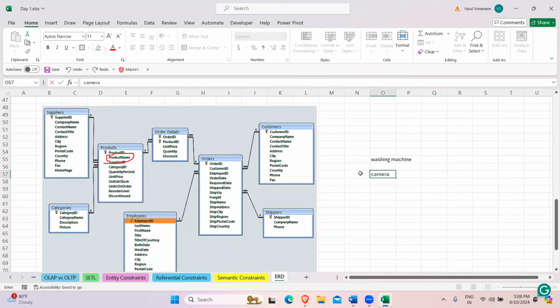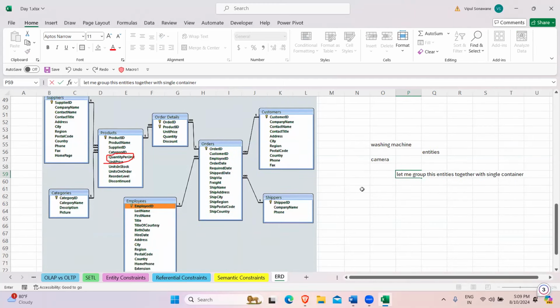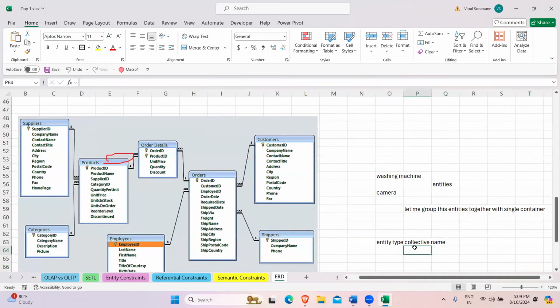So the camera, washing machine are known as entities. But then instead of scattering the entities all over my database, I will say let me group those entities together into a single container. Let me group these entities together with a single container. And we'll call that an entity type. So entity type क्या है? Entity type is a collective name. It's a collective name